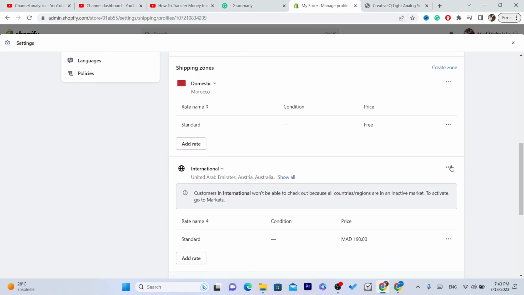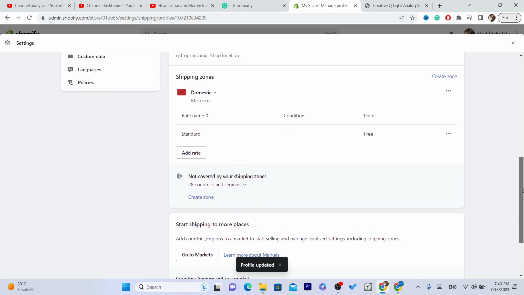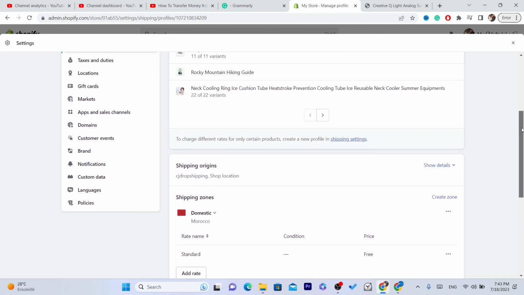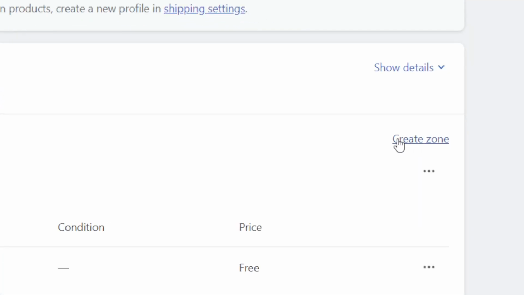I'm just going to remove the zone that I have created because I want to show you guys how you can set up international shipping. So I have removed international shipping from my Shopify. Now to set up international shipping, you need to click on create zone, okay,